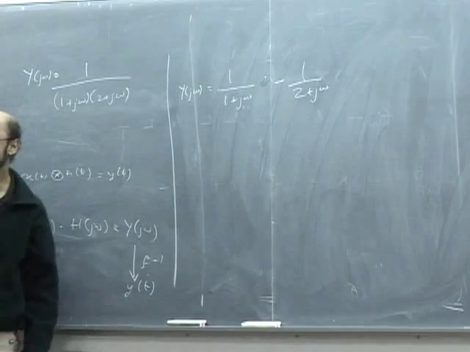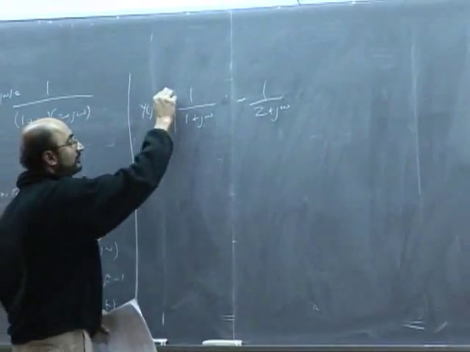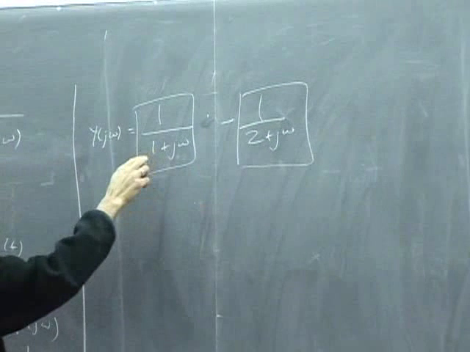Now we use the linearity property to do the inverse transform. Because this is linear, we can take the inverse of this minus the inverse of that, and this one is going to be just e to the